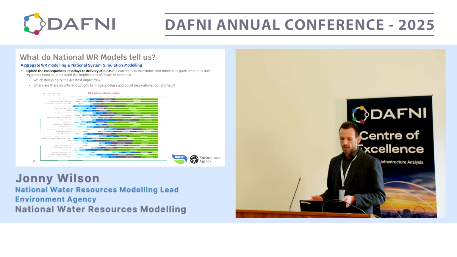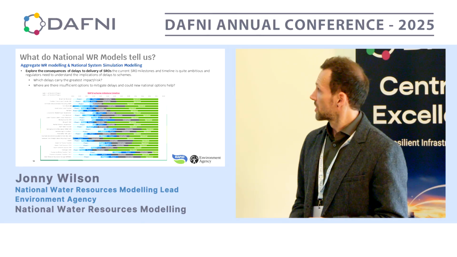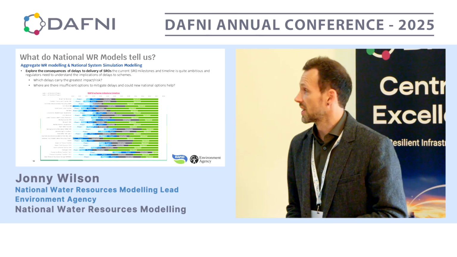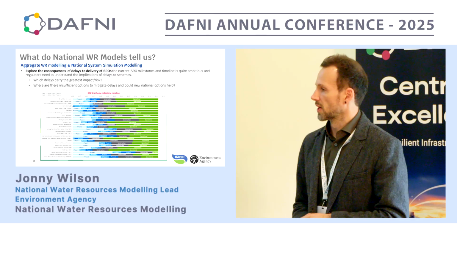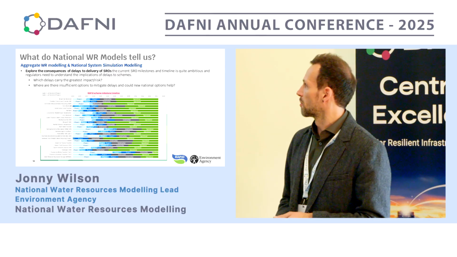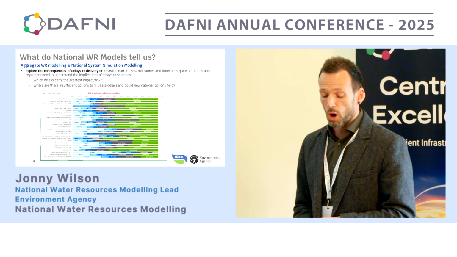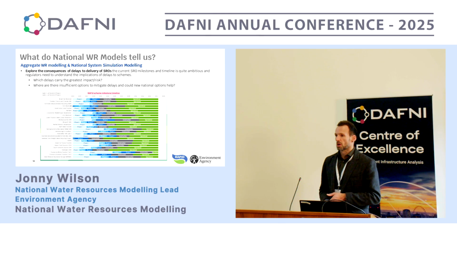So lastly, on this bit, the other thing that we can do with these models is to look at the consequences of delays to delivery to SROs. At the moment, the current SRO milestones and timelines is quite ambitious, and it's what's summarised in the slide here. The blue represents the scoping and the development of the SROs, the grey is the construction, the green is the time when they're all going to be operational. Won't go into the detail here, but you can see that a lot of the timing coincides, basically.